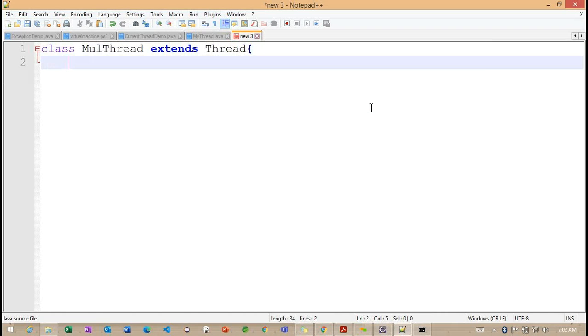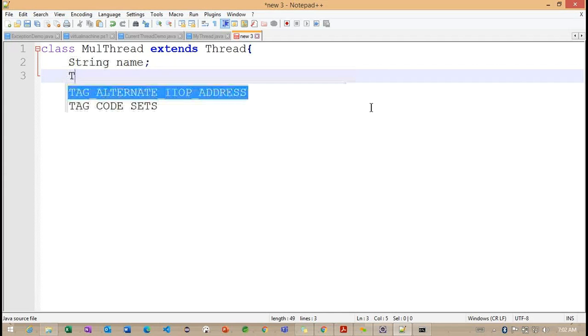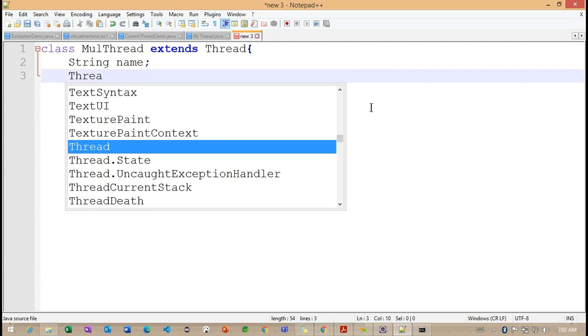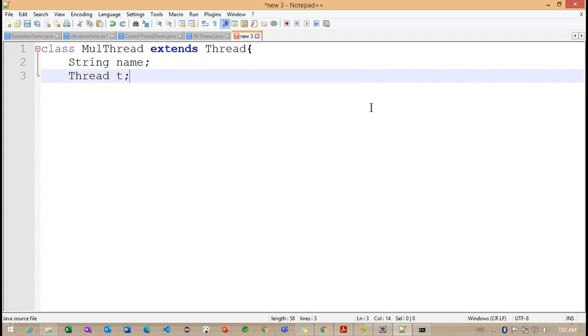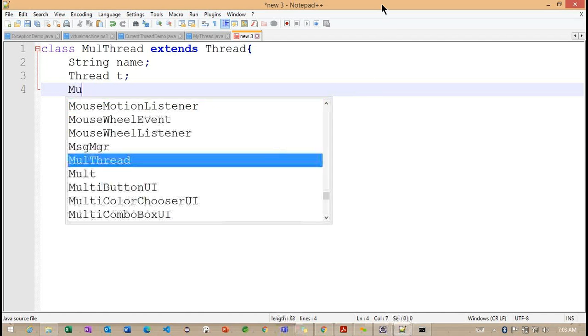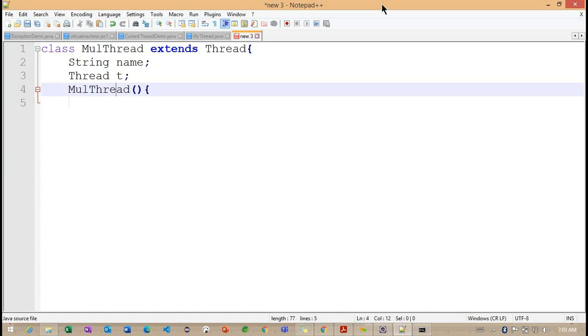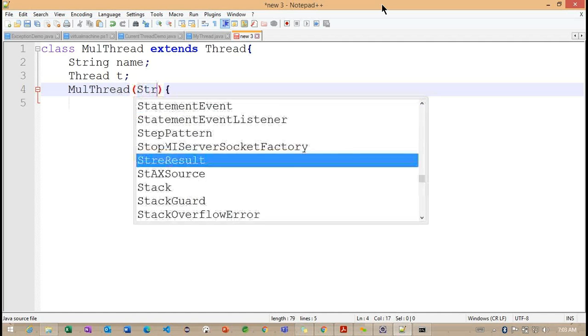Whenever it extends the Thread class, we can access whatever Thread class properties we have. Here I am working with the name of the thread as well as a Thread variable. These are the two variables I'm creating, and later, within the constructor, I'm going to create the threads.